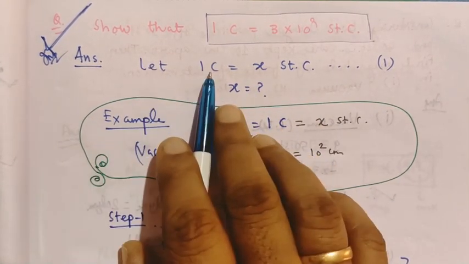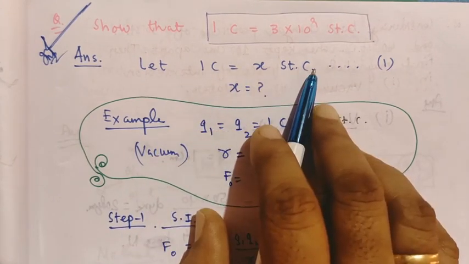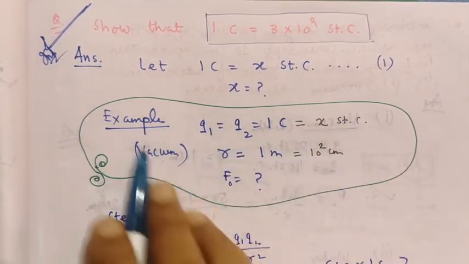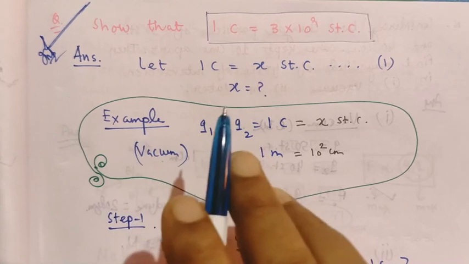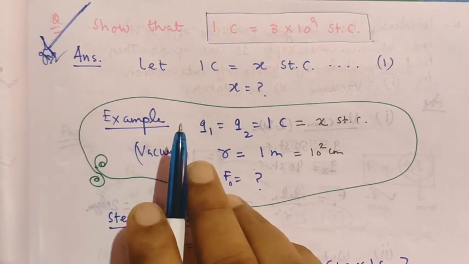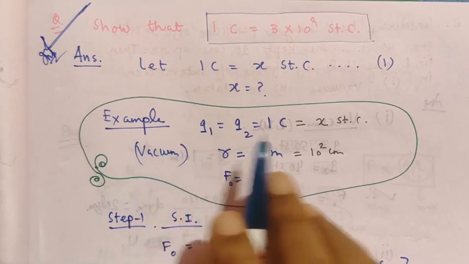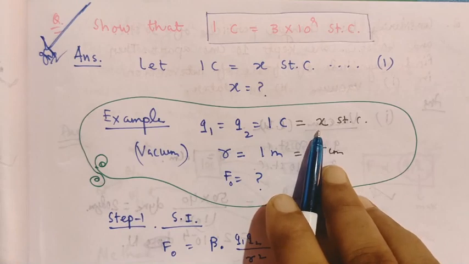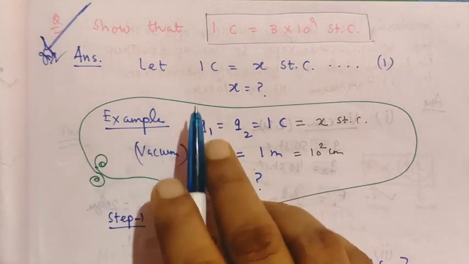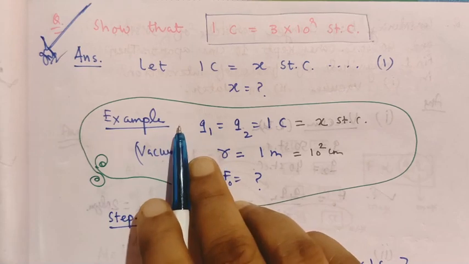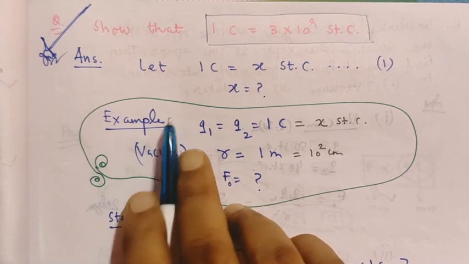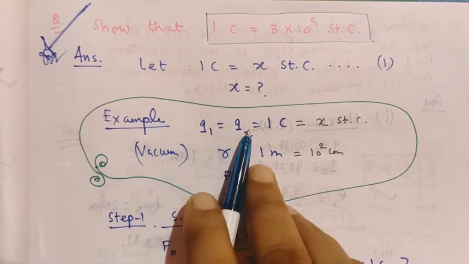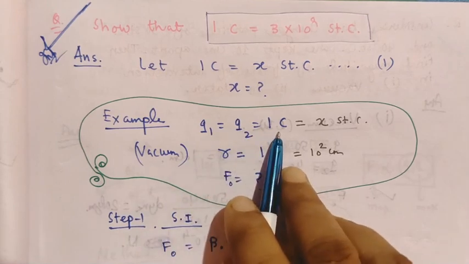First you choose 1 Coulomb is equal to X stat Coulomb. You do not know what X is. You simply put an example here. The example is your choice. Using this example, do the problem first in SI unit, then in CGS unit. Then in a very simple manner X will be calculated. So before going to the exam, these problems should be practiced two or three times on your paper. First you see, we put the example here. What example have we taken? Now we are setting an example of 2 charged particles Q1 and Q2. The charge amount is 1 Coulomb.